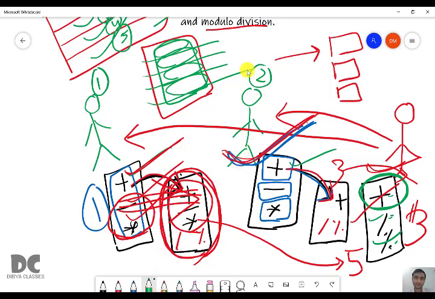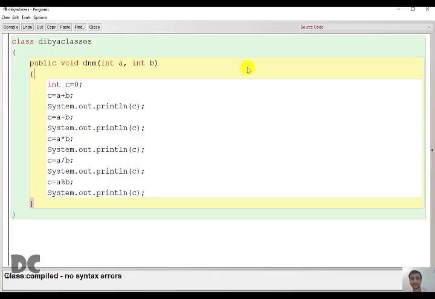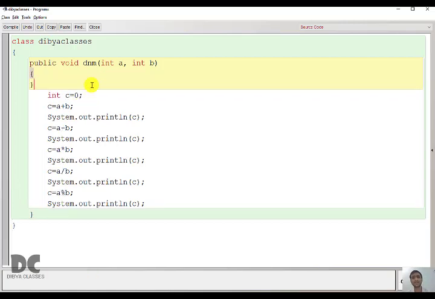Now for this program that we wrote in class 9, we will be dividing this program into a multiple function program. There are 5 parts of this program, so how many functions will be required? A total of 5 functions. Function number 1 to add and print, function number 2 to subtract and print, function number 3 to multiply and print, function number 4 to divide and print, function number 5 to do modulo division and print. So let us divide this, and then we will see if we need to add anything else.